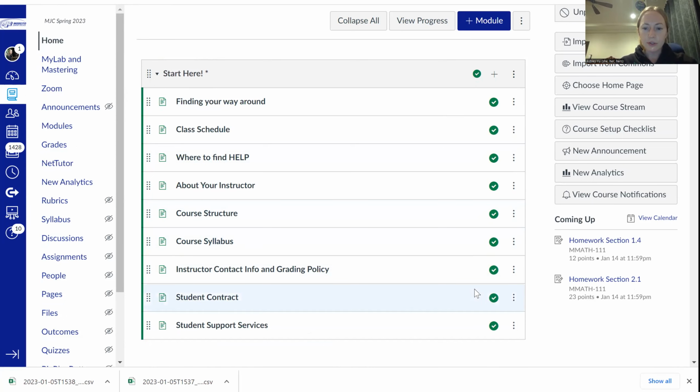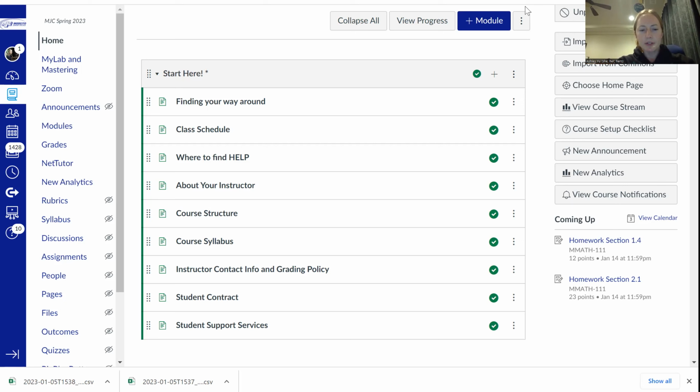It's called NetTutor. Any time, any day, you can go and talk to a tutor live. You're chatting with them, and I think you can share photos, and they can share their screen. You can share your screen too. So if they need to show you how to work out a problem, or you want to show them how you did it, they can tell you what you did wrong. But the tutoring center on campus is really good. And then I have office hours, which we'll talk about more specifically.